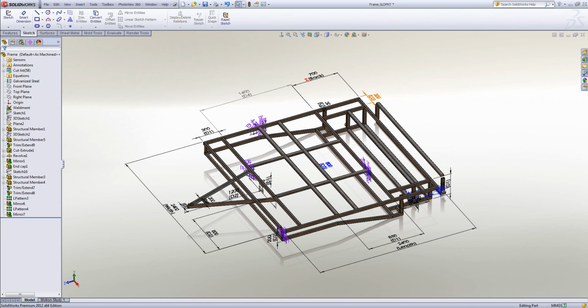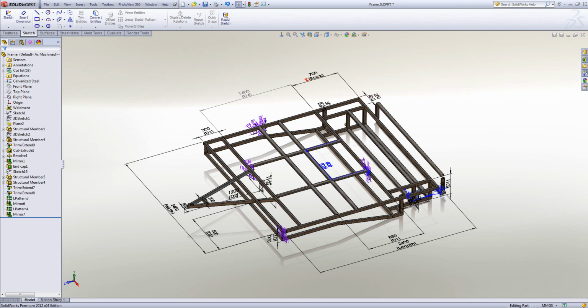And then you'll see that this dimension over here will change to 700. You may notice that we also need to make a change to this feature though. This is linear pattern 3. This needs to be taken out if the dimension goes below 700. So this is the next thing I'm going to drive within my model, and I'm going to build an equation